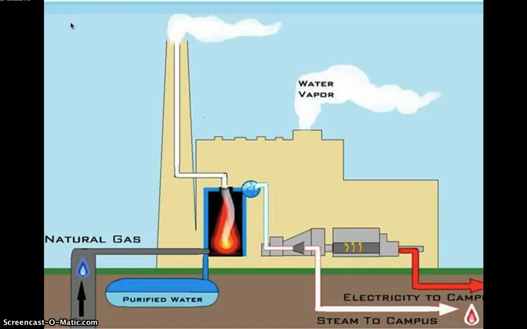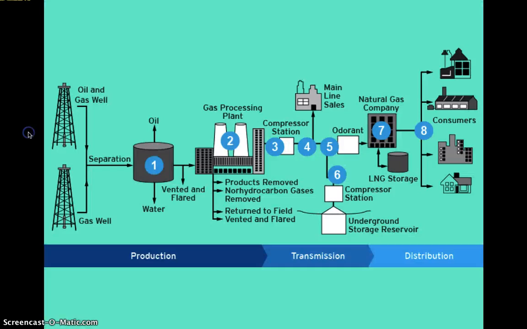Fertilizer, antifreeze, solvents, all these come from fossil fuel remains. Here's the process of natural gas converting into electricity, and it is the exact same process as coal. So if you know that process, you know this process, and you're going to know many. The difference is you start with natural gas, it's burned, water is added, steam is produced, and it spins the turbine connected to the electric generator, and that sends an electric current to your home. Same energy transformations. Chemical would be the natural gas, heat would be in the boiler, steam causes mechanical energy, and the spinning of the turbine is the same, and then the generator starts the electric current.